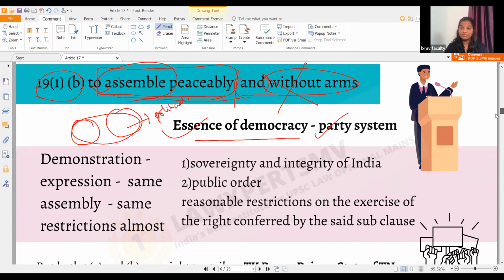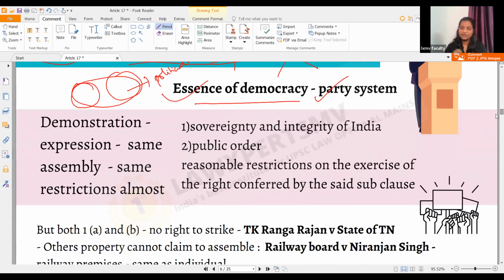Next, you see the first freedom which we saw, freedom of speech. And this assembly has a close relation because if 100 people are assembling, what they are going to do? Are they going to see each other's face and stand still? No, they are going to speak, they are going to express themselves. So the first freedom of speech and this assembling freedom is something related to each other. That's why their restrictions are also related. You have 3 restrictions only when you count verbatim, but there is a scope for adding other restrictions if it is